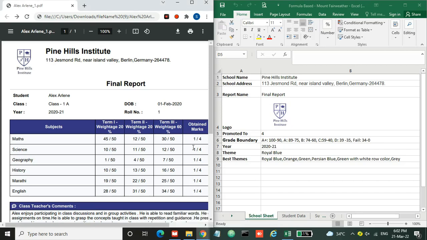Hi everyone. Today let's generate the formula based Mount Fairweather report using Excel. So welcome to the series of quick report generation. Here I have the sample sheet in which you can enter or replace your information to generate this kind